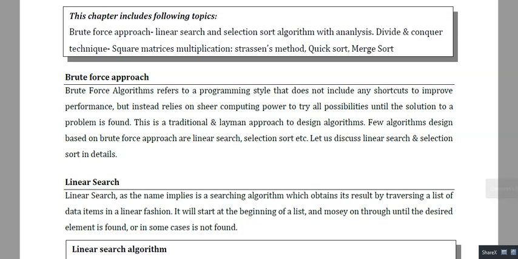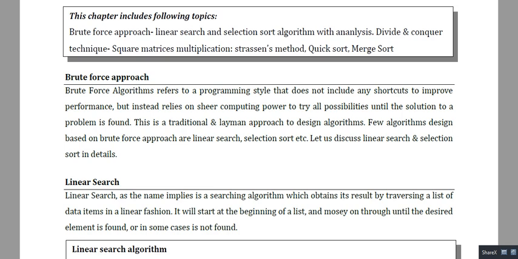So, in my last class, I covered the topic of recurrence and the different methods to solve a recurrence. Briefly, I discussed the substitution method, iteration method, recursion tree method, and the cookbook method, that is called the master method, to solve a recurrence. So now, from this lecture onwards, I shall go into the actual topic of the course.